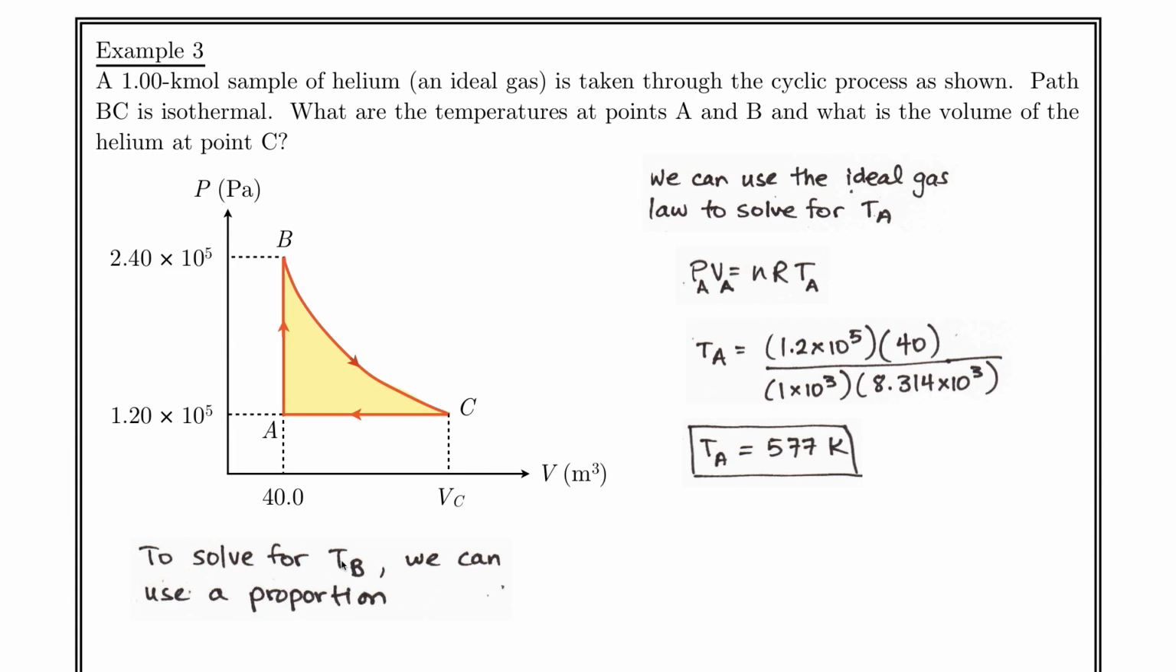but we're going to use a proportion. Instead of using just PV equals nRT, we're going to use a proportion. So here it is right here. We've got pressure at A times the volume at A divided by the temperature at A is equal to the pressure at B times the volume at B divided by the temperature at B. This is because the number of moles in the system is constant and R is a constant. We can rearrange this, and we also know